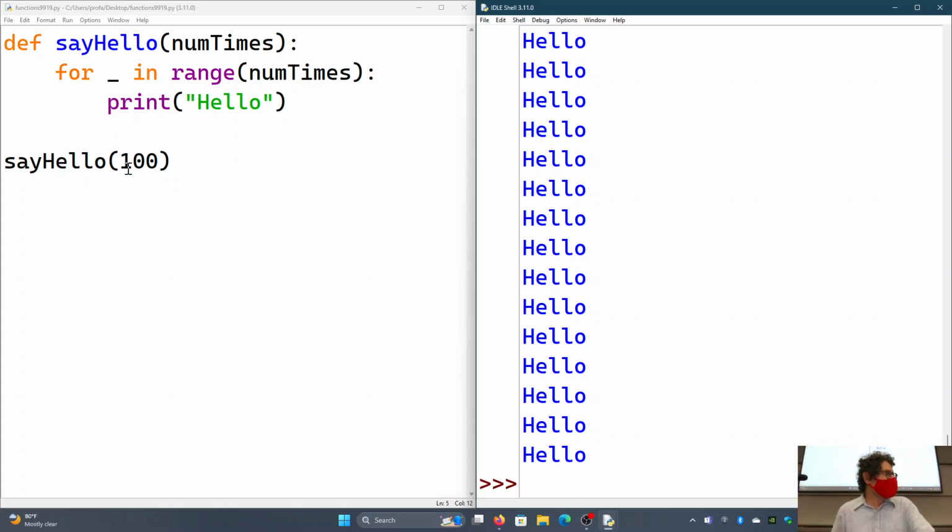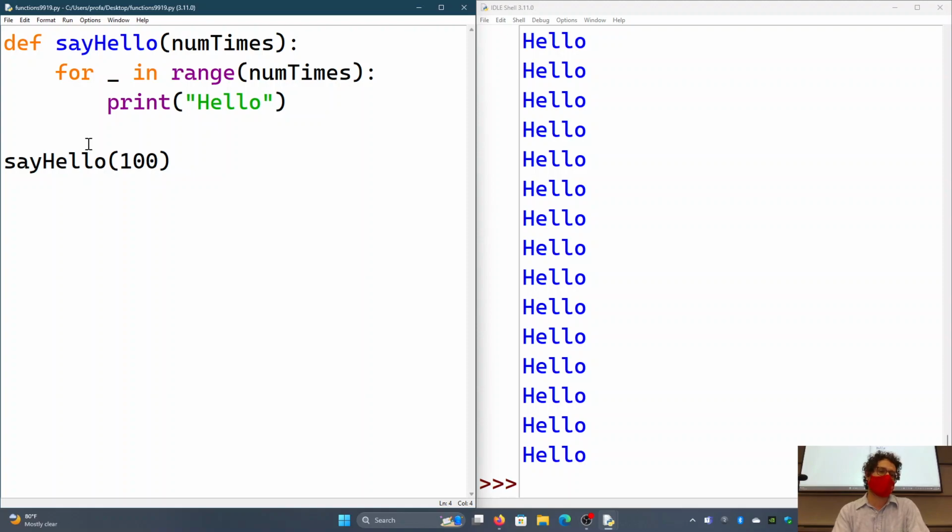All right? So this is the format of a lot of your programs in Lab 4 and Lab 5. One common mistake I see is that my programs ask the user for input. So for instance, if this was a homework assignment, I might say, hey, write a program that asks the user how many times they would like the program to say hello to them and print out hello that many times using a function. And what I mean is for students to do something like this.